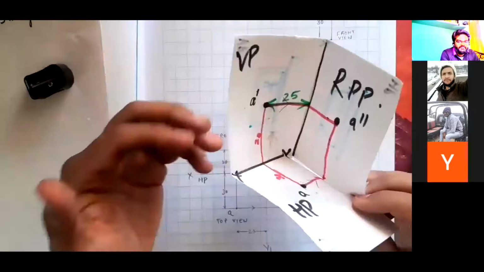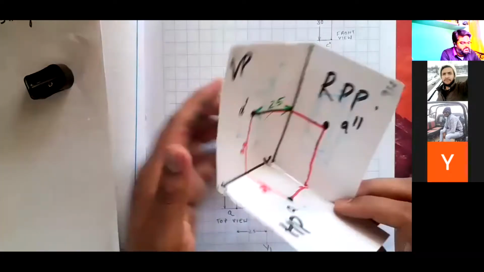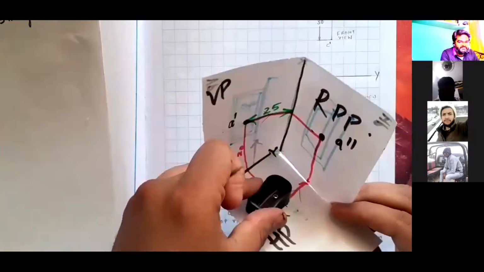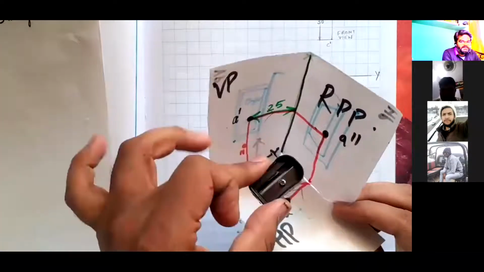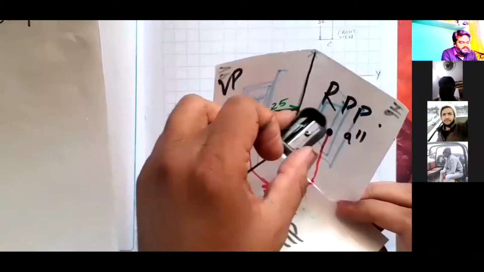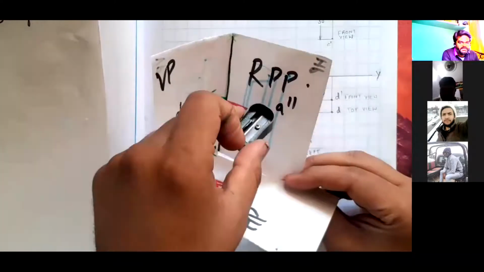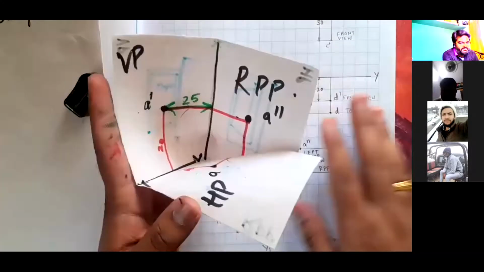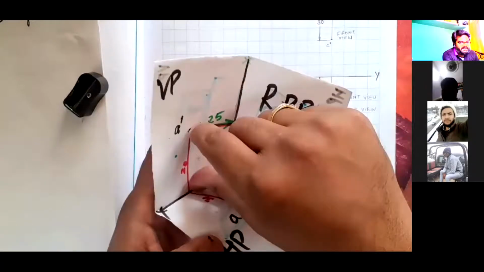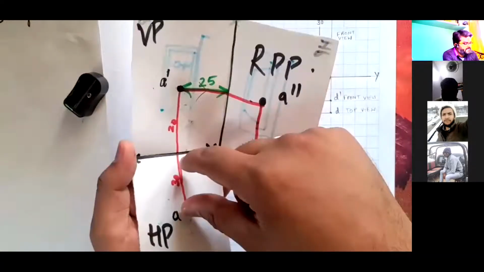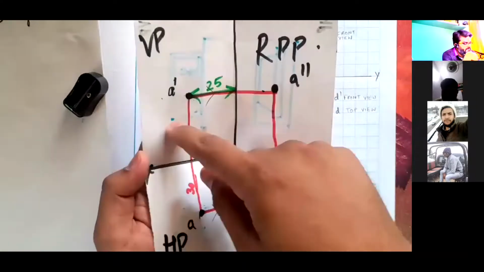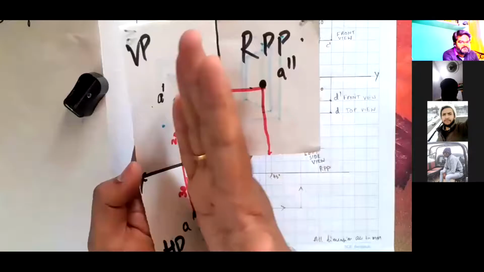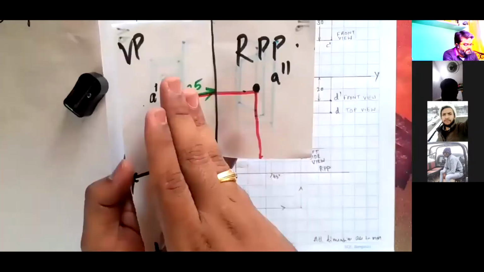So this front view is here, A dash, this top view is here, A, and its left side view. I am watching from the left and projecting it on the right profile plane, which is A double dash. So this A double dash I have to find out in a 2D drawing. The front view I got at a distance of 20 mm and the top view at 30 mm, and this whole view, A dash and A, is at a distance of 25 mm according to the problem. Next, if I want to draw this A double dash, first represent till here.